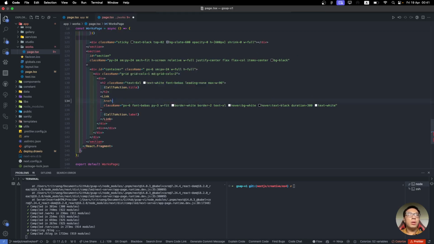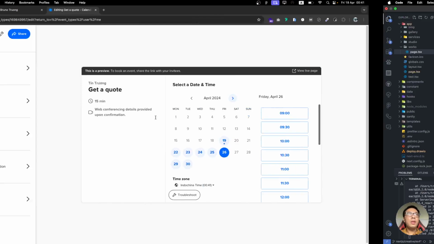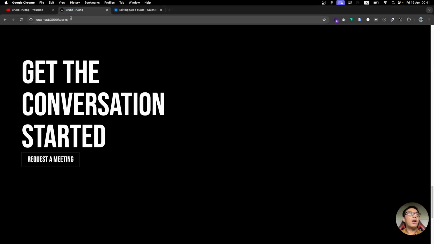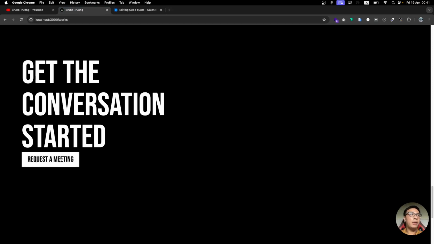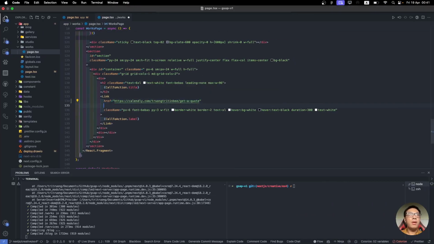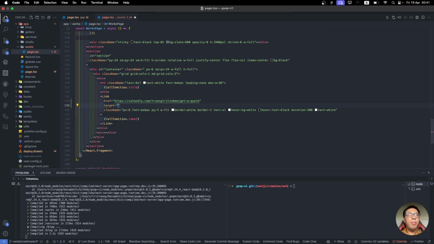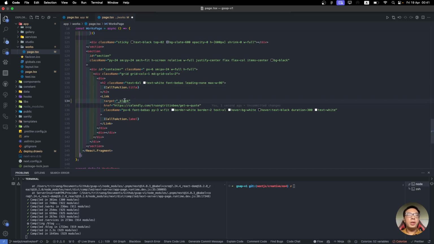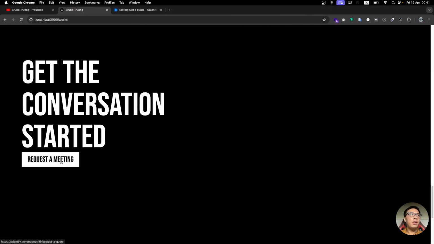And you need to add one more thing: you need to have a target blank so that it will go into a different page, right? Okay, so let's check this. When we click,